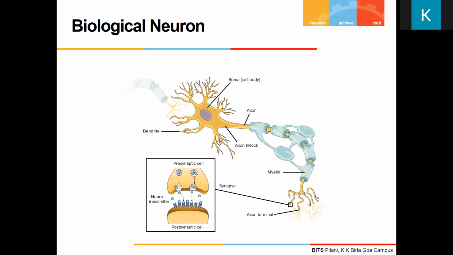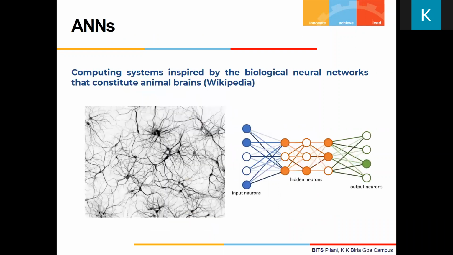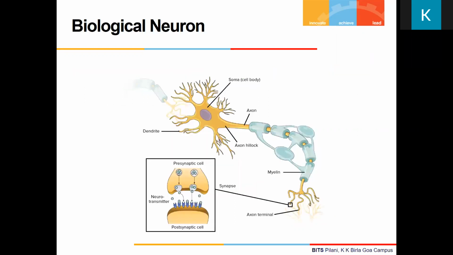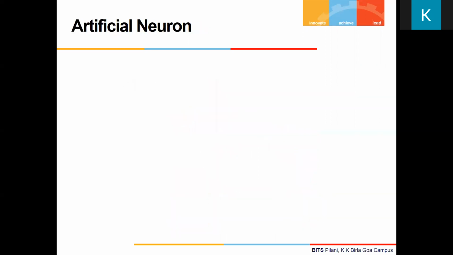Okay, for the kind of neural net that we are designing, remember, we are aiming for a feed-forward neural net. For that, we need only this much from our artificial neuron. If you are implementing some other kind of network, like a spiking neural network, we may have to know more details about the biological neuron in order to implement it. But for the kind of neural net that we are designing, this much is good enough.